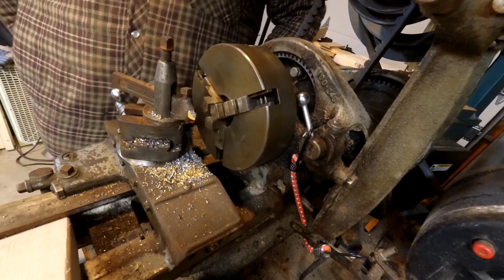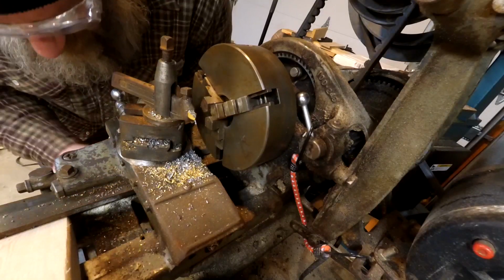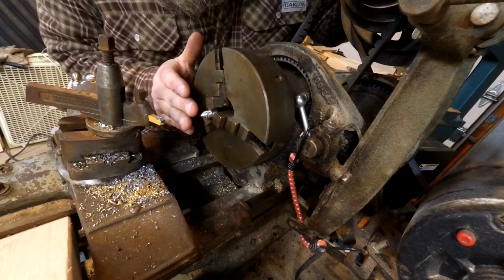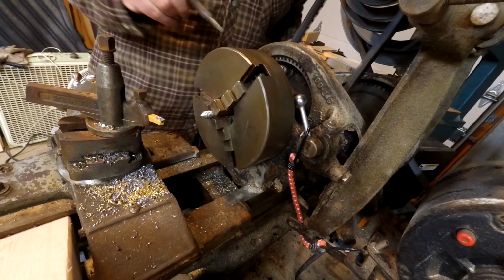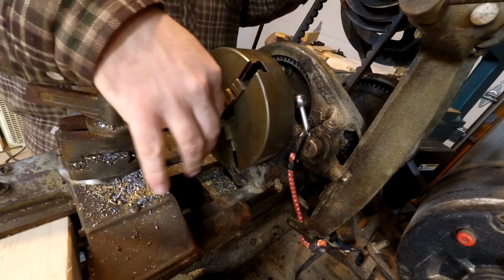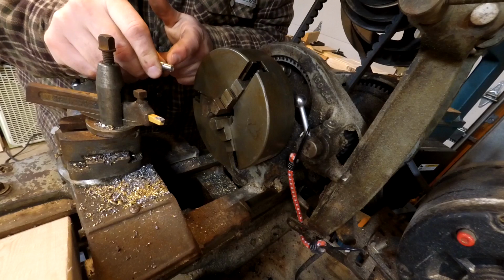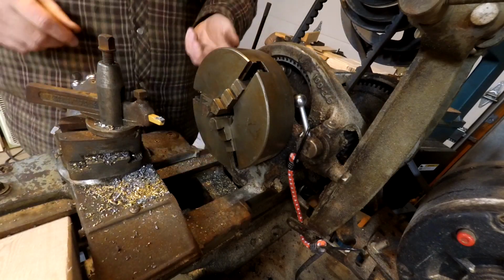That didn't go well. Is it hot? Yeah, it's hot. All right. Kind of a free-handed point on her here. I did have a bit of an incident earlier where it grabbed and slipped out of the chuck, likely due to my own fault somehow, and kind of marred the end of it up a little. But I'm going to clean that up,